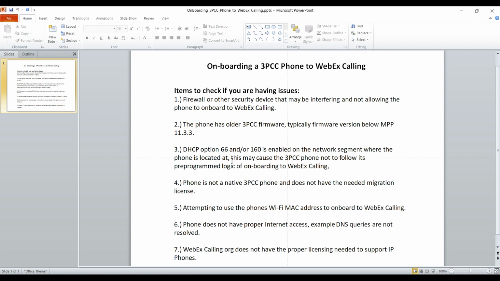Okay, so the next item, number 3: DHCP option 66 and/or 160 is enabled on the network segment where the phone is located. This may cause the 3PCC phone not to follow its pre-programmed logic of onboarding to WebEx Calling. So if you recall a few moments ago, we actually made a change. So if we go to the